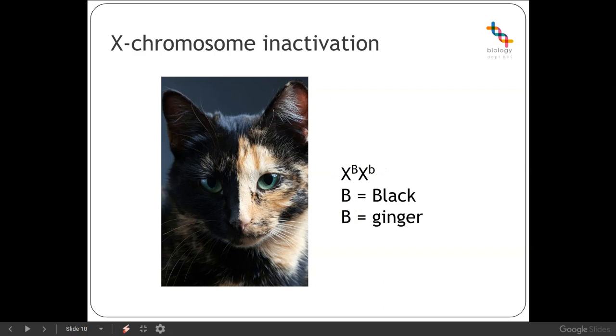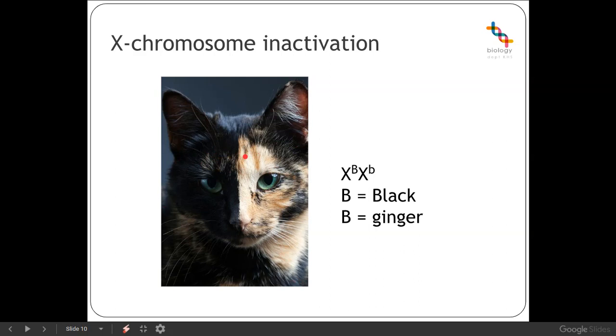colour. So due to X chromosome inactivation, that means some of the cells will express the black fur allele and the rest will express the ginger fur allele. And that gives this kind of mixed appearance, essentially. So some of the cells, these ones here, are producing the ginger fur, and these ones here are producing black fur. So we have a mixed appearance in the individual, and that's a result of which chromosome has been activated